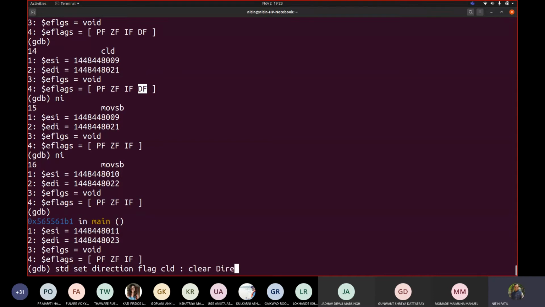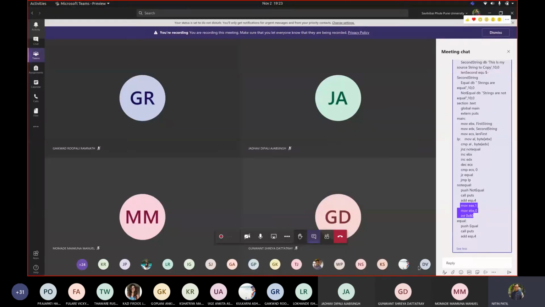Clear direction flag. So I will make it simpler for you. Fine. So I will paste it there.